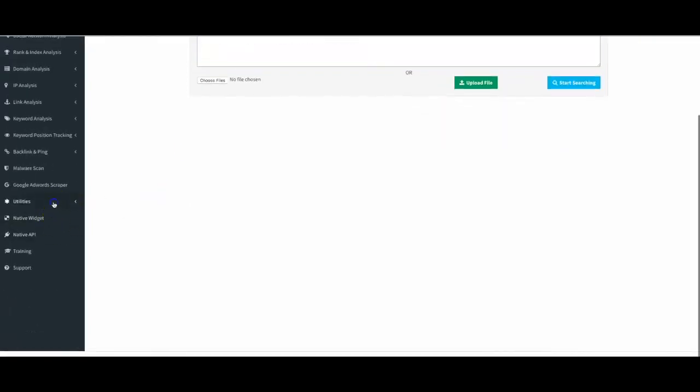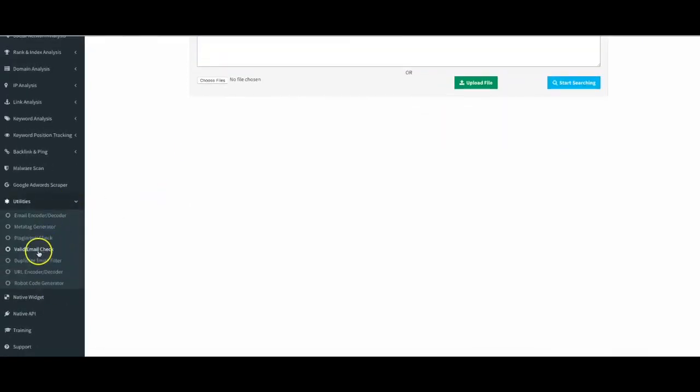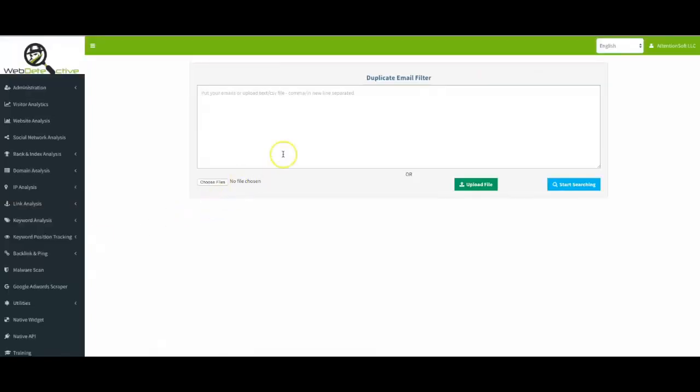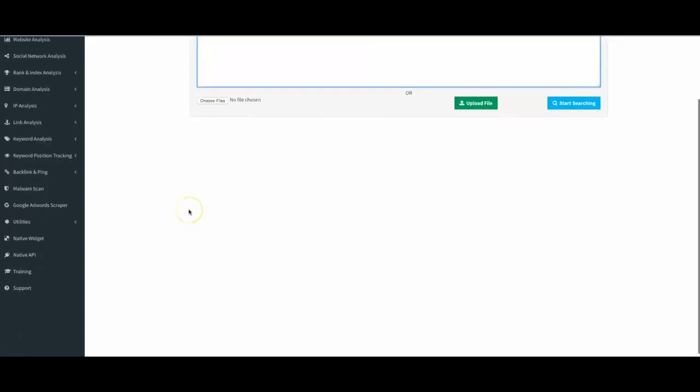Another one of my favorite ones as well that I use a lot is our duplicate email filter. Here, you can come in here, and if you have multiple different lists, you can add them all together, put them in here, and WebDetective will sort through all the duplicates and only deliver you unique emails in a simple file that you can download, and that will prevent you from sending multiple emails to the same email address,